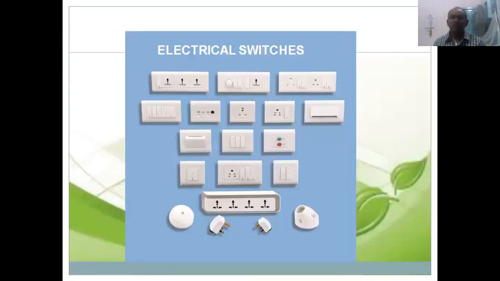Now, I think you have observed these are the domestic switches. These sockets are controlled by one switch, the power switch. Whereas this is another switch, the branch switch. You can see the various types of switches generally used in our daily life. These all are controlled through switches. These switches may be lighting load switches or power load switches. Generally, the lighting load switches are used for less than 5 amperes, whereas the power load switches are used for more than 5 amperes, up to 15 amperes.